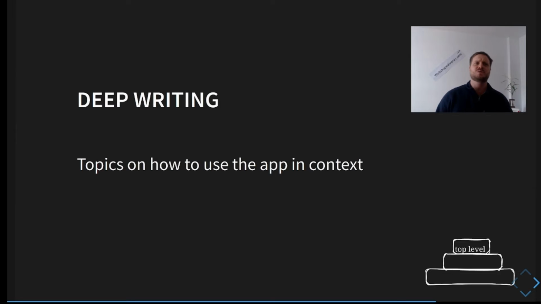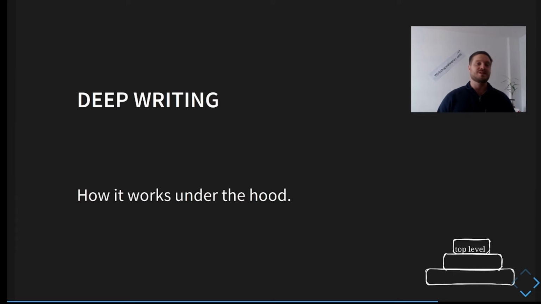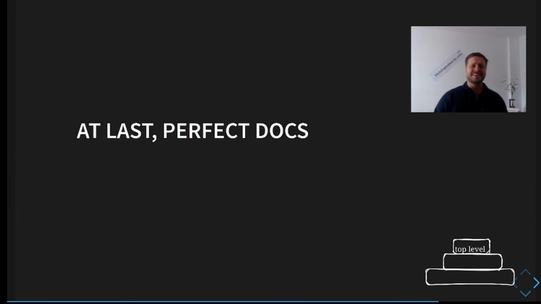So it's like how to use the app in context, where it's more about thinking about practices in the industry, or adding how things work under the hood, like deep dives into how the tool works. That can be very, very important for people who want to hack on your tool and do something cool with it, develop on it themselves. And you're also starting to acquire